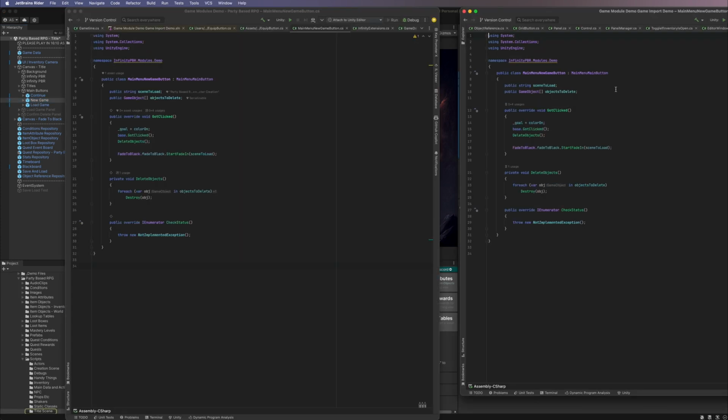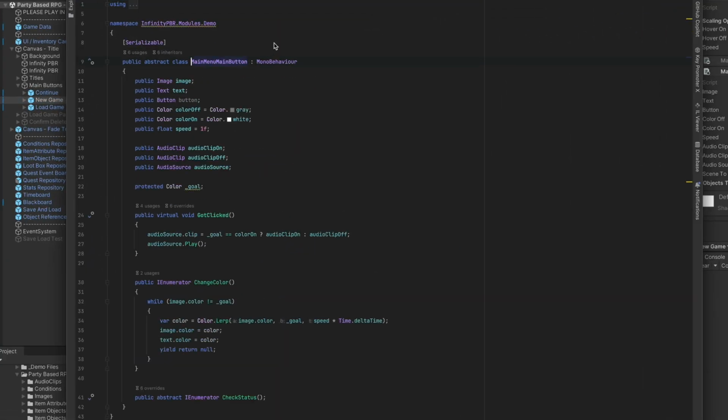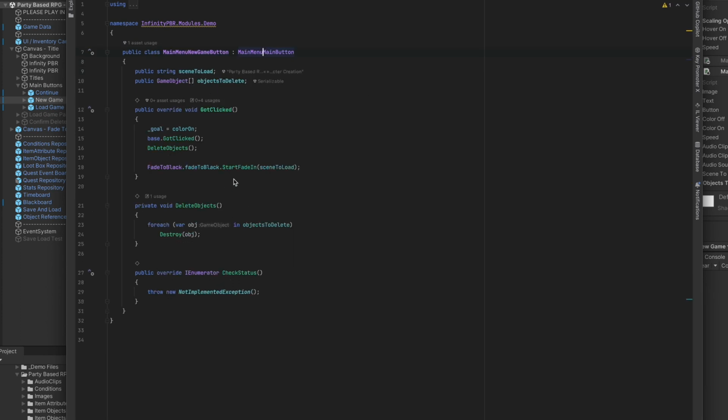The main menu buttons all derive from main menu button, which has some shared logic there. And for this one, when we get click, we're just going to call the fade to black, start fade in, and then pass in our scene to load, which is a string, the name of the scene